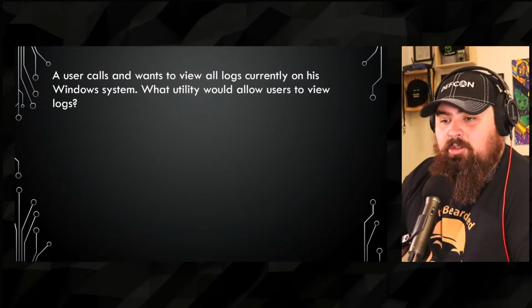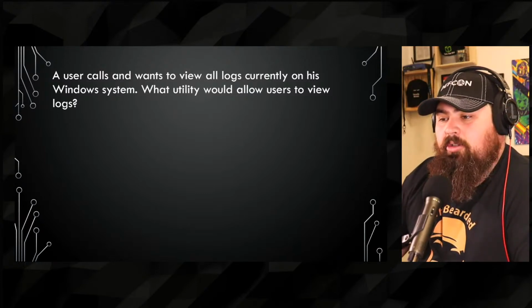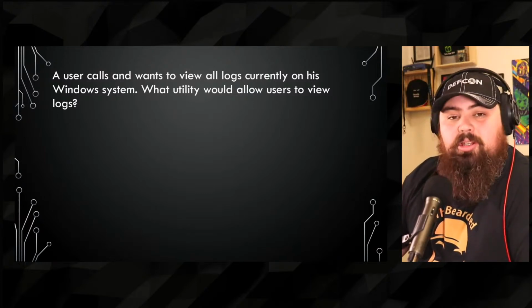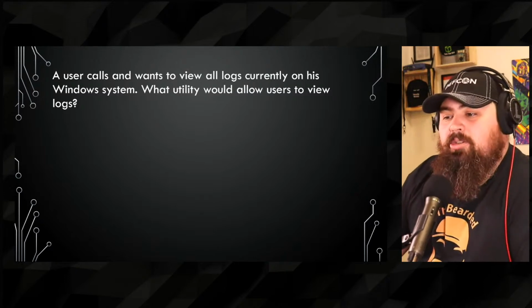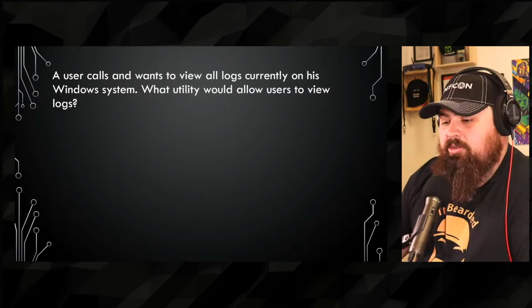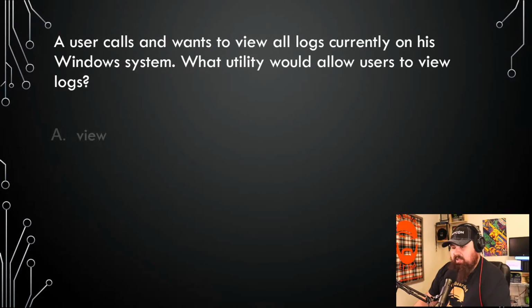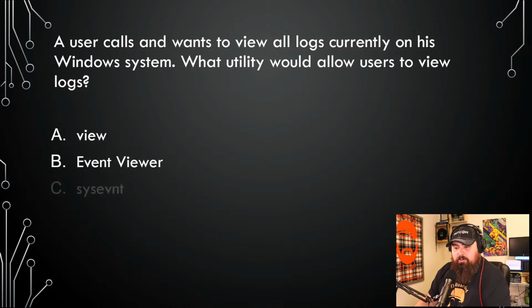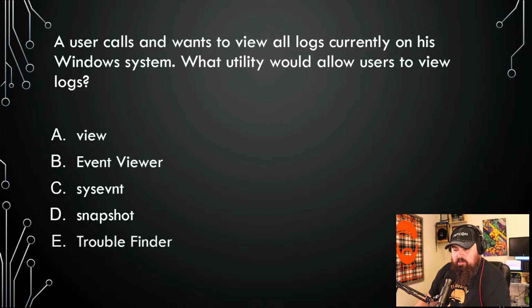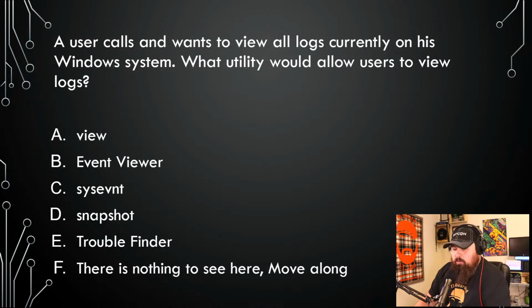A user calls and wants to view all current logs for his Windows system. So now we're going back to Windows. What utility would allow the user to do this? Is it A, view, B, event viewer, C, sysevent, D, snapshot, E, trouble finder, or F, there's nothing to see here?